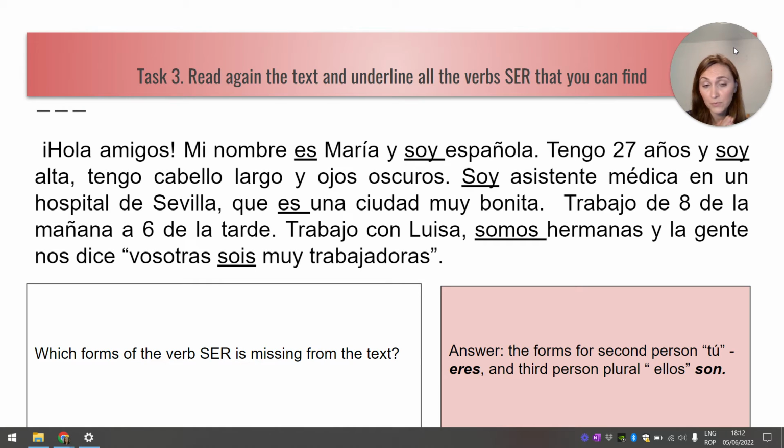So, the form for the second person singular, tú eres, is missing from the text. It doesn't appear. And the third form of the plural, ellos son. Those are missing from the text. Okay? Good. Now, this is a text where ser is used to talk about Maria, okay? Let's have a look at what are some of ser's